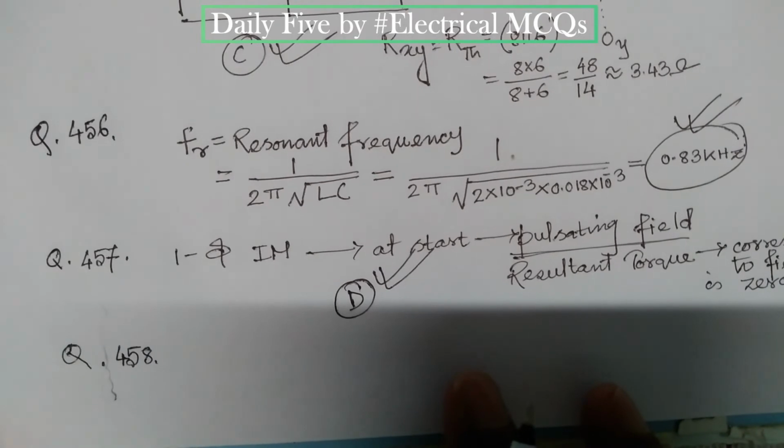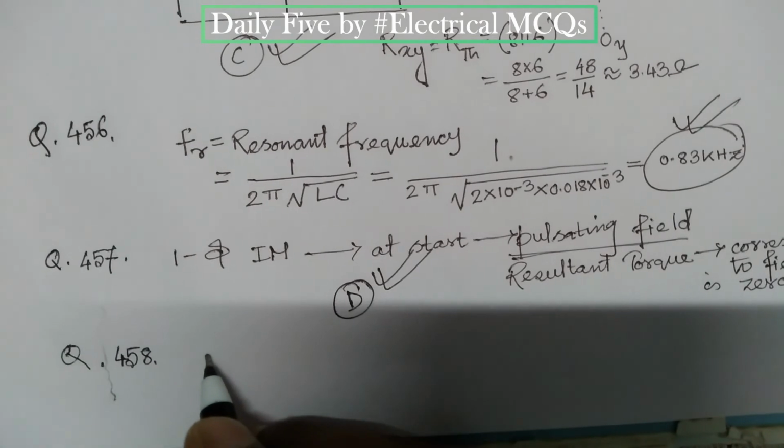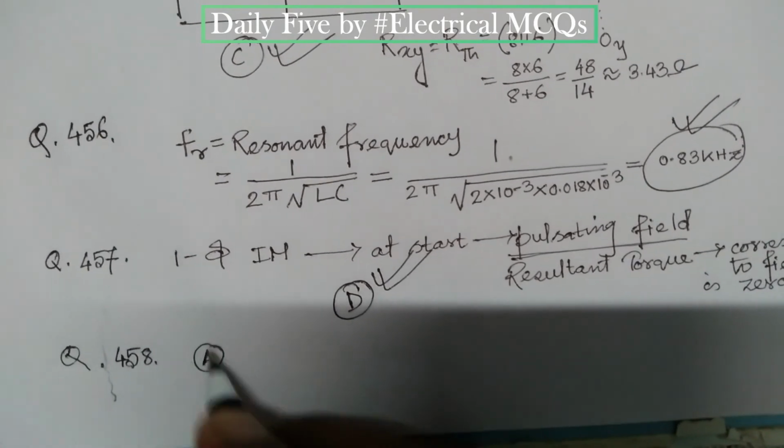Means when lightning strikes, it will directly come to the earth conductor rather than to the phase conductors. So for that to take place, the top conductor must be the earth conductor. Means the lightning will definitely come to the first one, that is the first conductor in the segment, so the earth conductor is basically connected above the line conductors in case of high voltage transmission. So in this case, our option number A will be the answer.